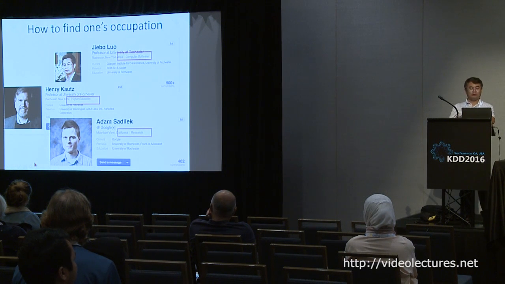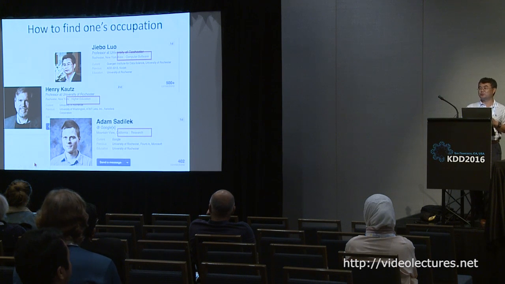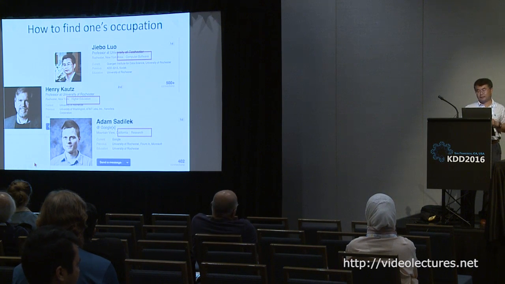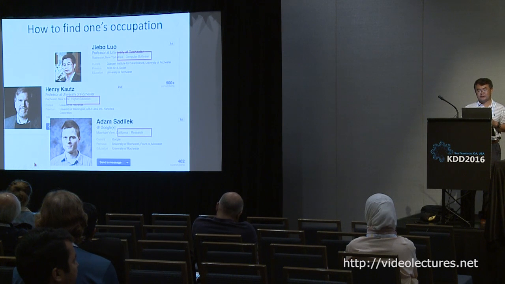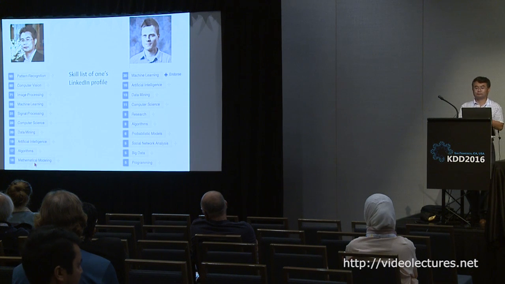All these are correct, except I didn't choose higher education or research. I could have. I just thought they don't tell much. It's too broad. So what I'm trying to say is you cannot rely on that field to specify a person's occupation. So what's more reliable? It's this: people's skill set.